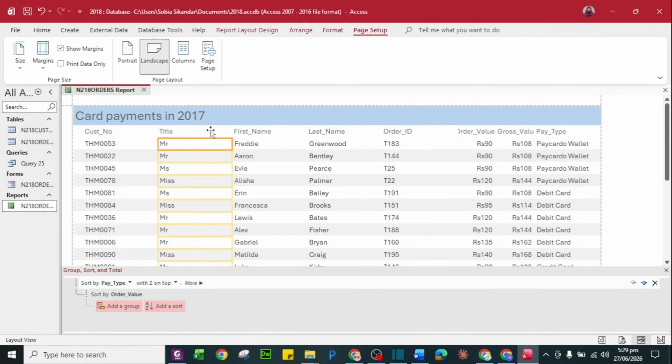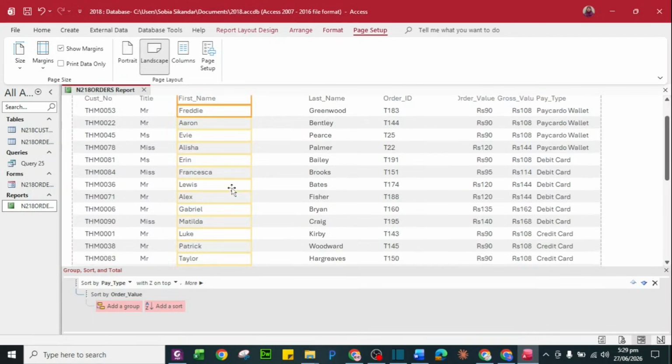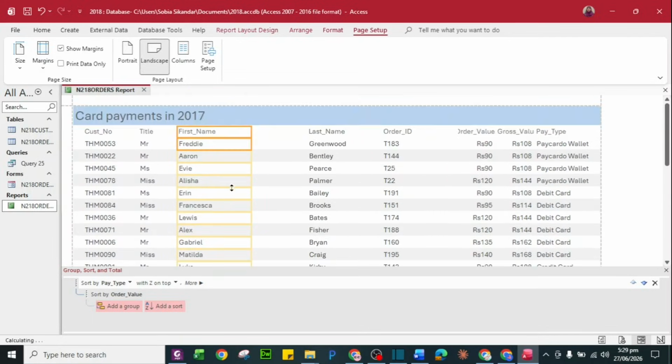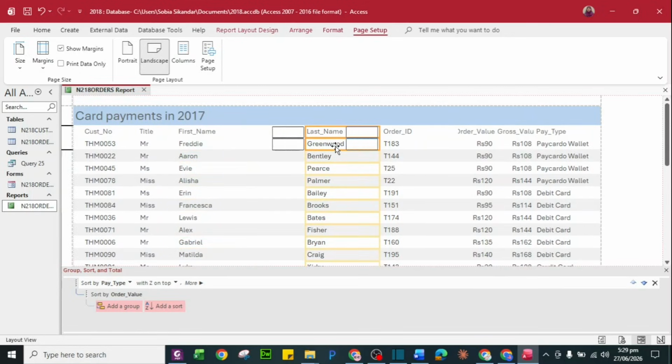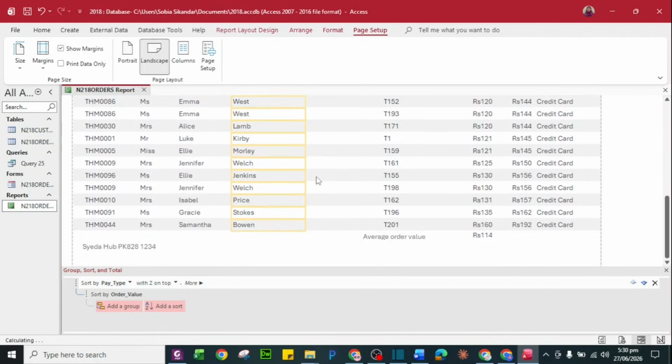Again, this one is first name, this and this is fine. I will not make it small because some of the text can have a big length. In the same way, last name should also be adjusted.